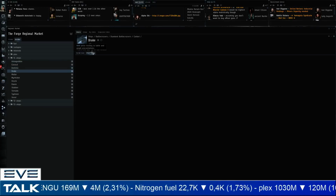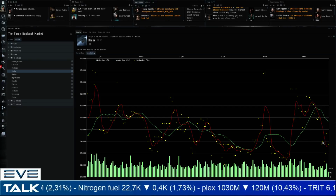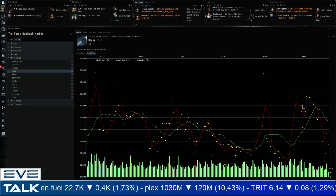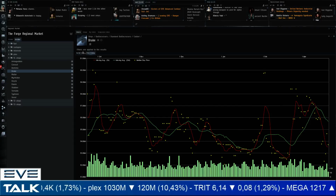Next up here we've got the Drake. The chart here, a little bit of volatility, swinging up to 57 million on a few occasions, but coming back down now below 54 million. So again, let's take a look at the trade range here. 53 to, well, we should take 59, but if we take the other ones 57, that's around 4 million, less than 10%